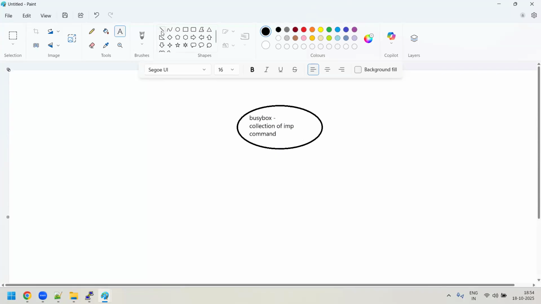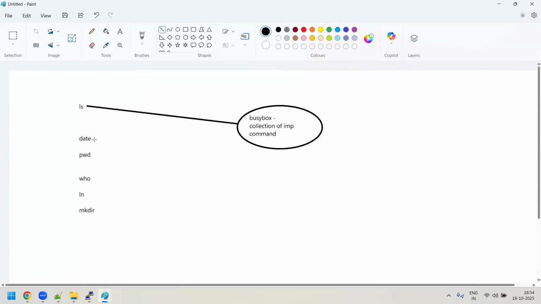Basically they will have an ls command, a date command, a pwd command, a who command, an ln command, and a mkdir command. You'll have a lot of commands like this in the real world. All these files will be soft links to the BusyBox only.